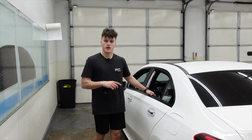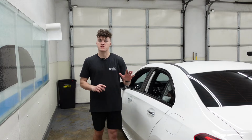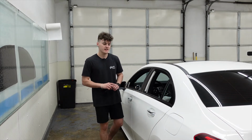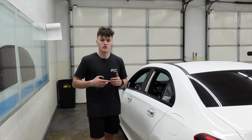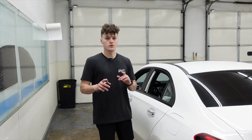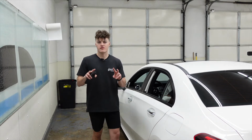On the back door, we are applying Lumar's IRX 5% window tint, and on the front door, we're doing Lumar's IRX 30% window tint. That is the darkest legally we can go in the state of Texas, so let's go ahead and get started. Actually, real quick before we do get started, we're going to be doing two different installation